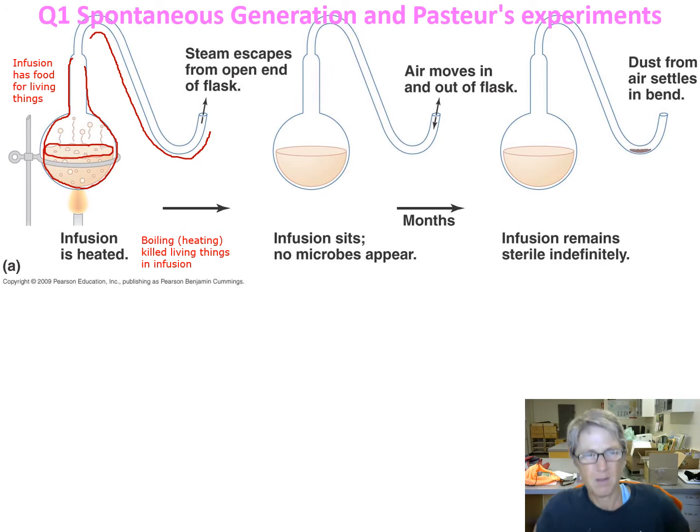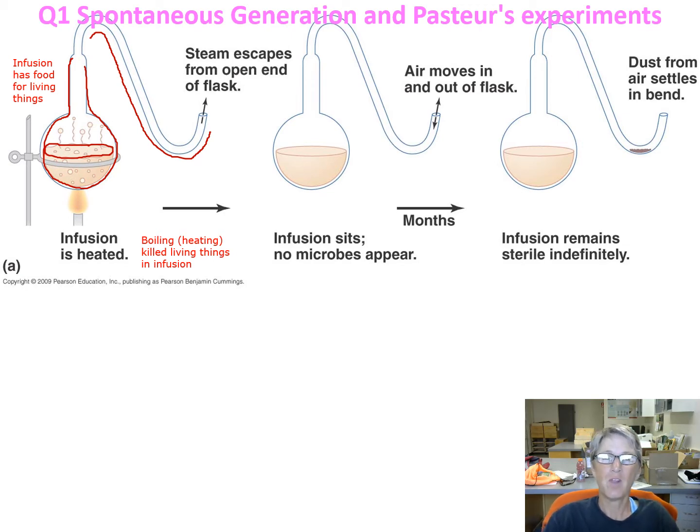Maybe it was like when you boil meat and then you take that water that was boiled in the meat. That's the infusion. But it's there, so if there's anything that can live, needs food, then it will be able to do that. So they heat the infusion. So boiling, in their minds, would kill any living things that got into the infusion somehow. So now you've got just this pure infusion with should be no microbes in it. And then the steam from the boiling will escape through the swan neck flask.